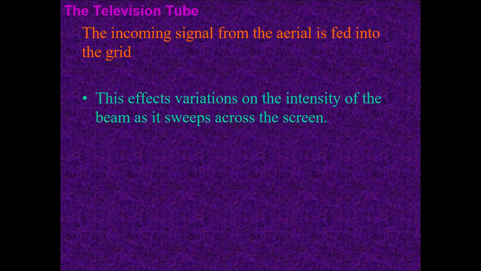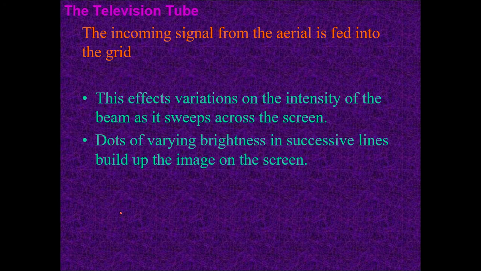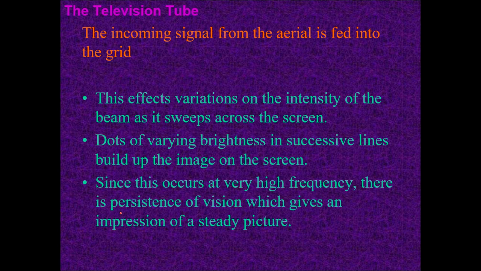Let us get the next part. The incoming signal from the aerial is fed into the grid. So I believe from the structure that you have noted, we have a grid somewhere. So that grid, you connect the incoming signal from the aerial to that particular grid. Why? This affects variation of the intensity of the beam as it sweeps across the screen. How? Dots of varying brightness in successive lines build up the image on the screen. Since this occurs at very high frequency, there is persistence of vision, which gives an impression of a steady